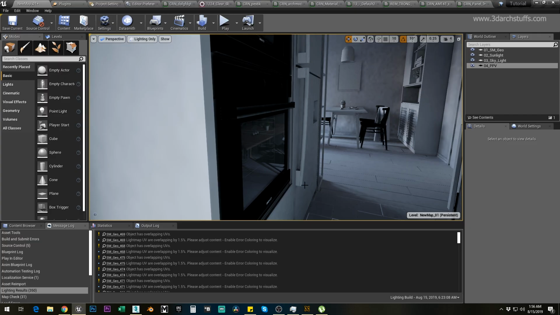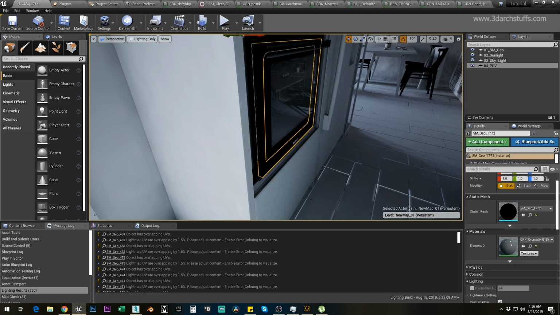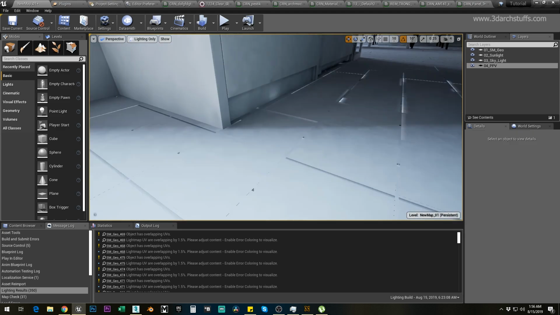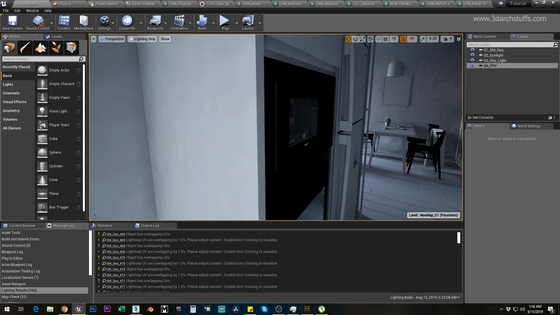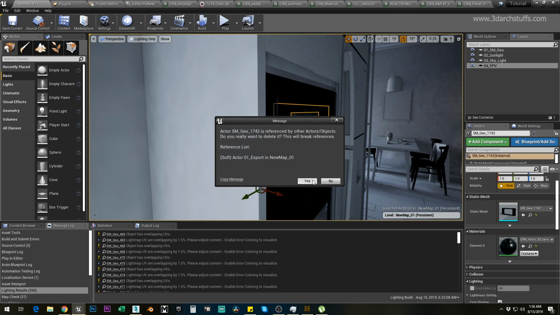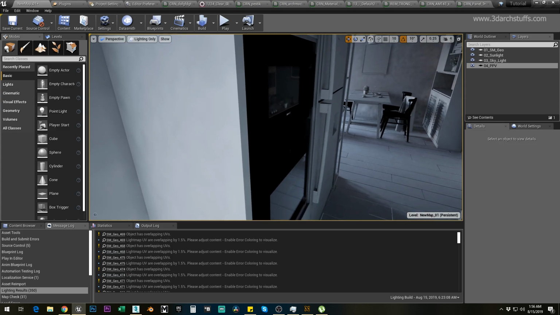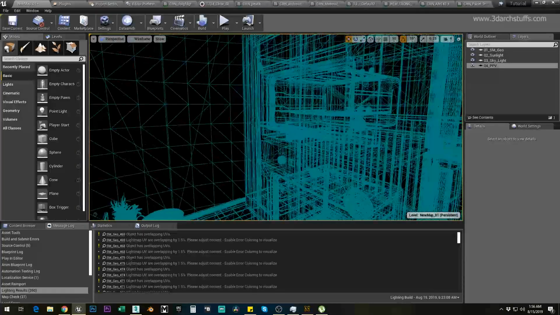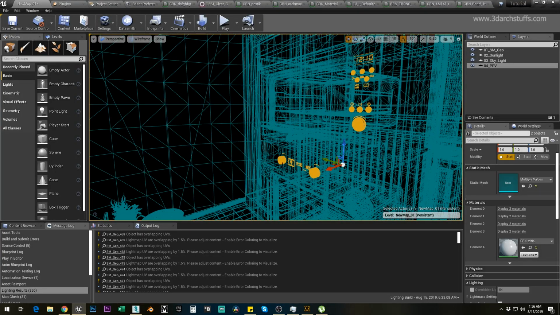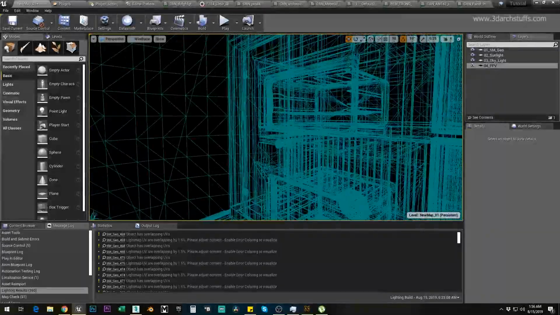And we'll have to go here and then delete those objects, delete, delete, delete, delete, delete. Then delete these two, and